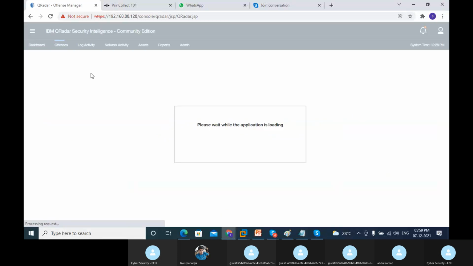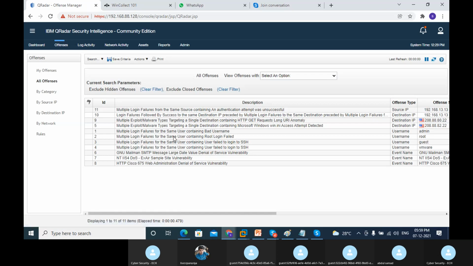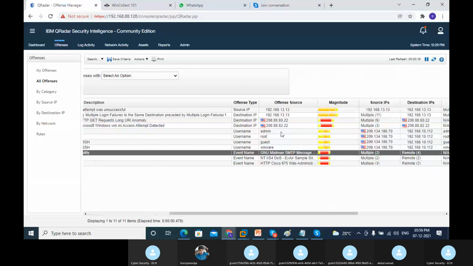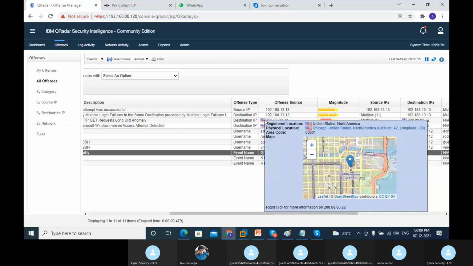If I go to the options here and click on this, we're going to discuss the different types of activities that are there. These can be filtered by the last 5 minutes, last 2 hours, or 1 hour. We can see from which attack and from which area it happens. It's from the US, from the United States, and we can see the particular city from where the attack happens.